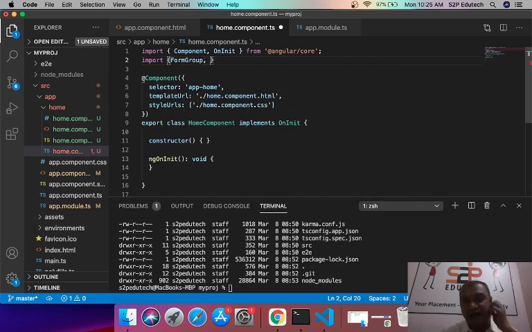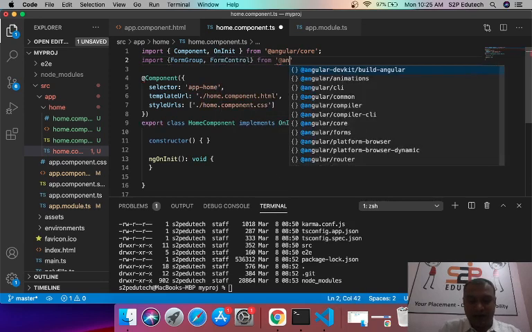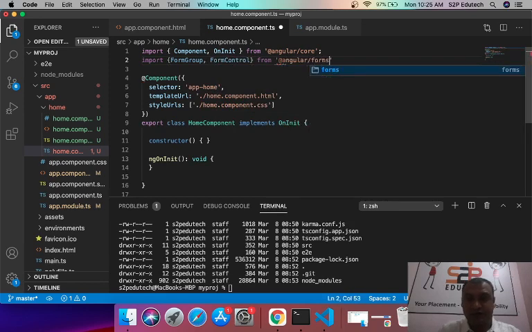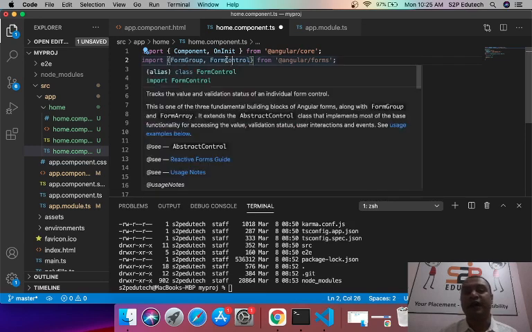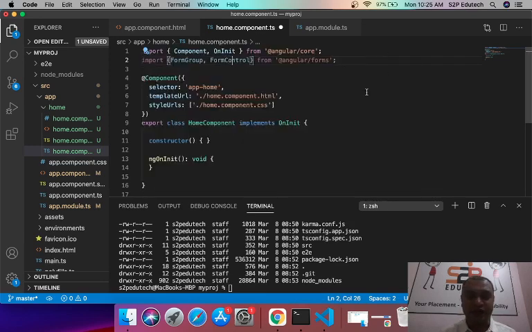Please note that in FormGroup, or the second class which is FormControl, again from @angular/forms, we have F and G capital, and in FormControl we have F and C capital. These are a few common mistakes which we make, so I am stressing on that, right? So I am saying import FormGroup and FormControl from Angular forms. That's what I am doing, right?